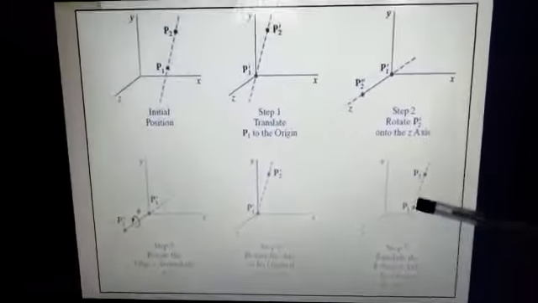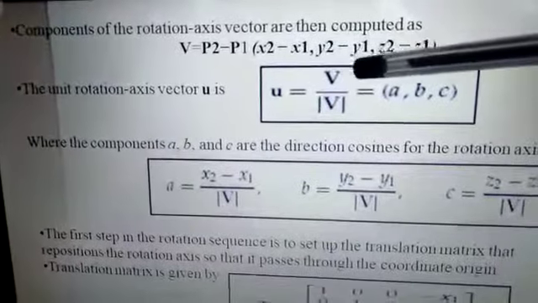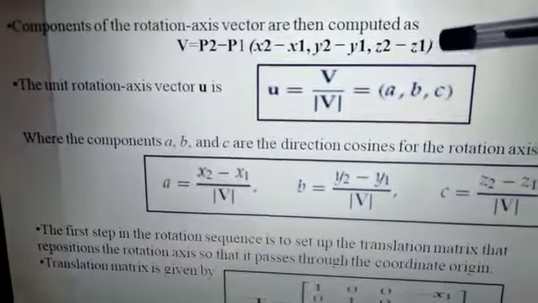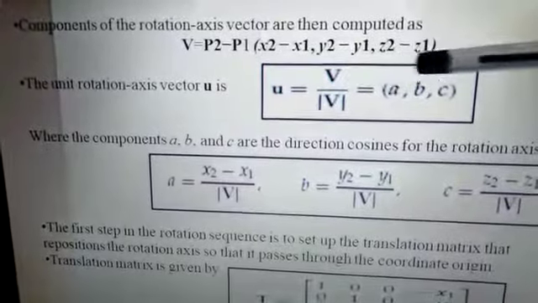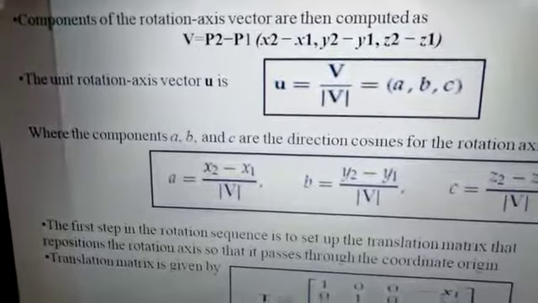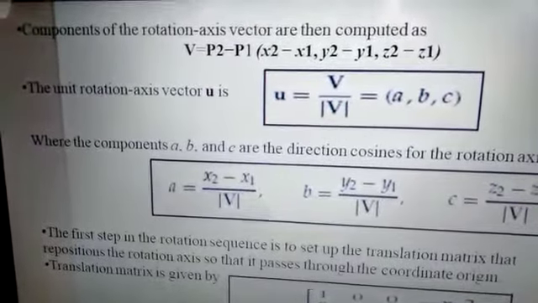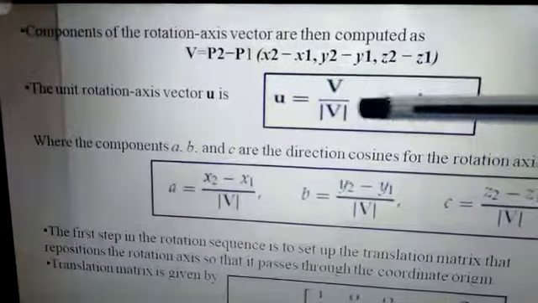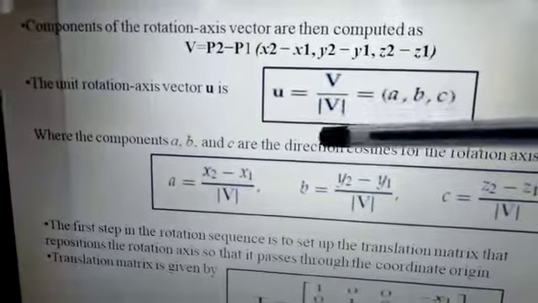The components of the rotation axis vector are computed as V is equal to P2 minus P1, where P2 is the new point found and P1 is the previous point, that is x2 minus x1, comma y2 minus y1, comma z2 minus z1. The operations are performed based on these coordinates, where the unit rotation axis vector u can be given as V divided by